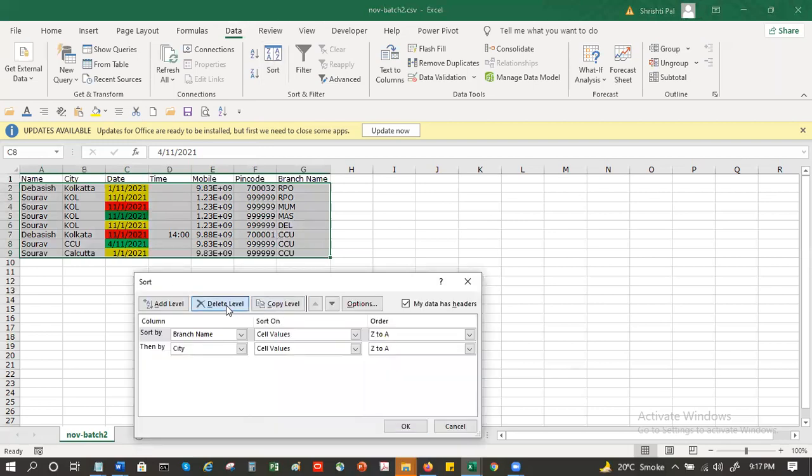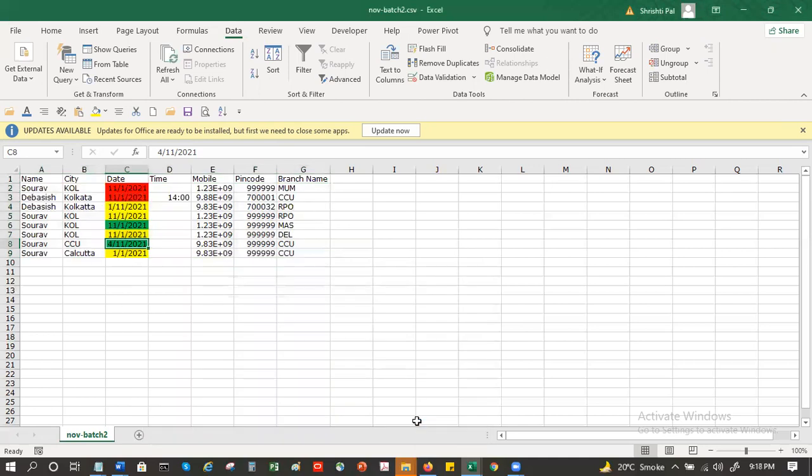I can delete all this. Say add, sort by date, sort on, not cell values, but cell color. And it will ask me which color I want on top. So all the red ones can come on top, no matter where they are in my list.